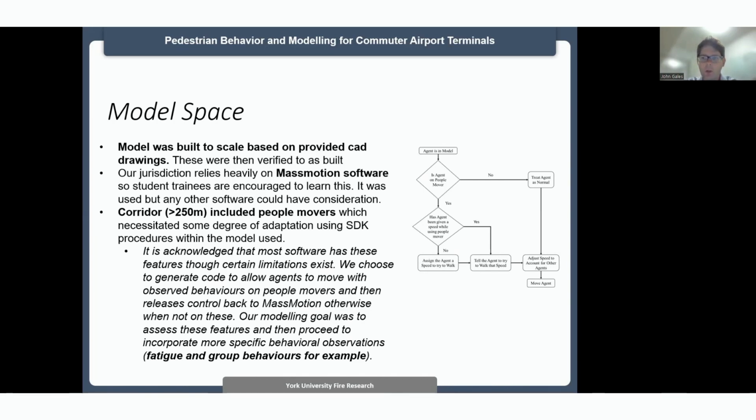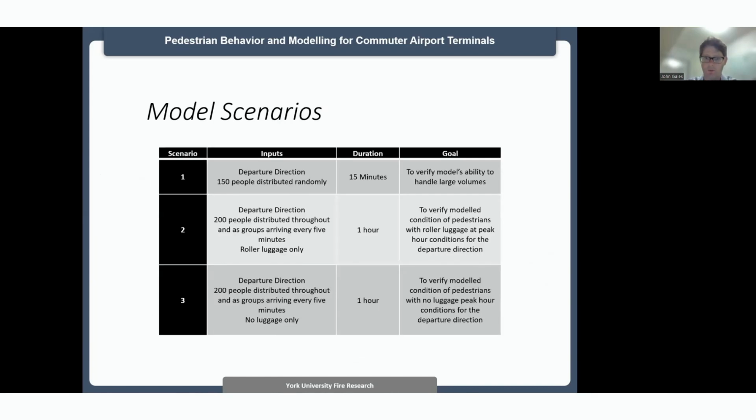And that's why we're at a preliminary stage, as we still have to do a little more analysis of that data to really look at that aspect. Nevertheless, it gives a nice viewpoint as to whether we're starting to represent reality, but it still needs a little more work. We relied on Mass Motion in this project, mostly because where our university is, it is a typical software that is used a lot within civil engineering firms. So the students that run through our program, pun intended, would have a very beneficial understanding of how the software works for their careers.